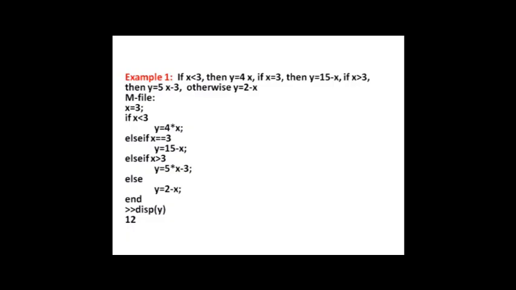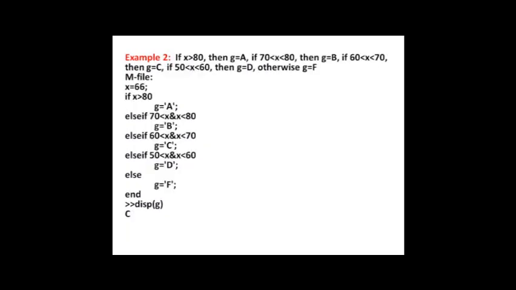If your coding is successful, you must see y content as 12. Why 12? Because x equals 3 associated with the first else if, and 15 minus 3, which is 12, and that is what you see as the output. In example 2, we have to take the decision of the letter grade of a student's SIP mark